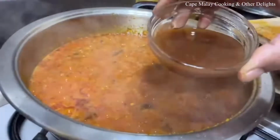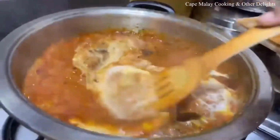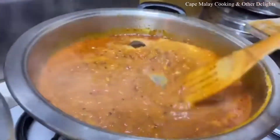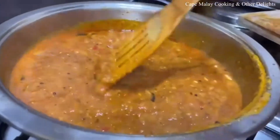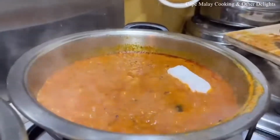So in goes the tamarind sauce as well as half a cup of coconut milk. Stir and cook this mixture for another 15 minutes before adding our fish. So you're going to spread our fish nicely out in the pot. In goes the fish,